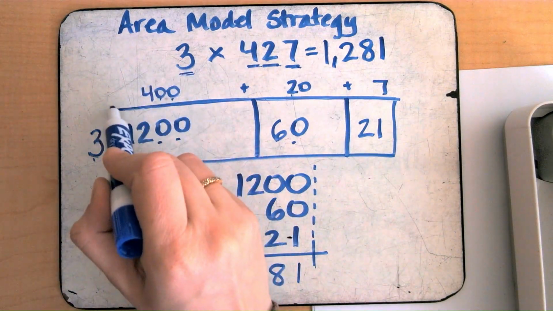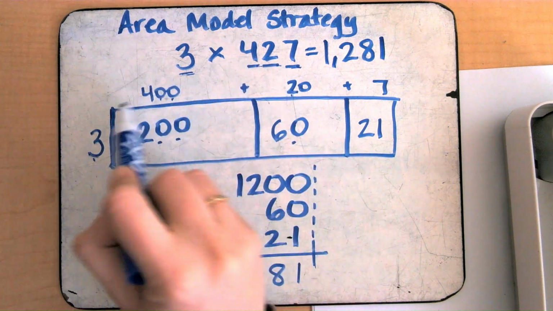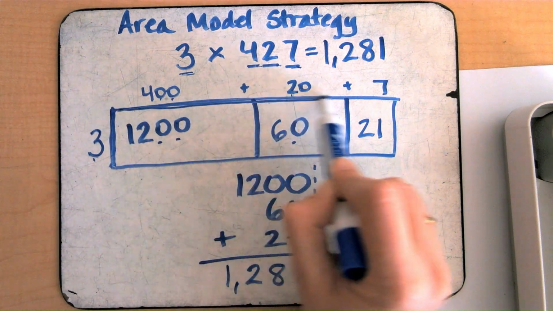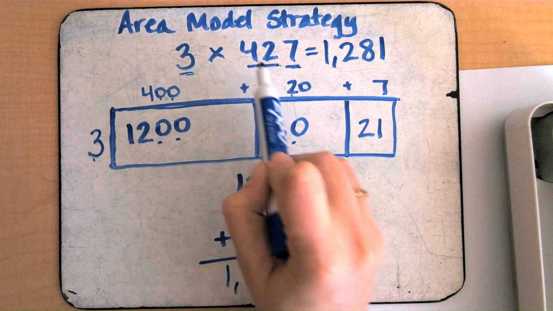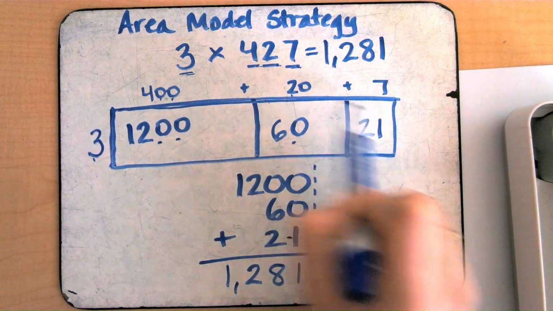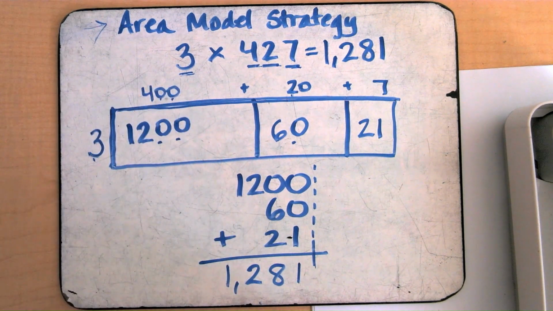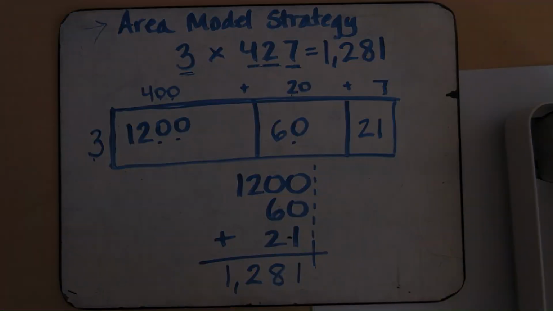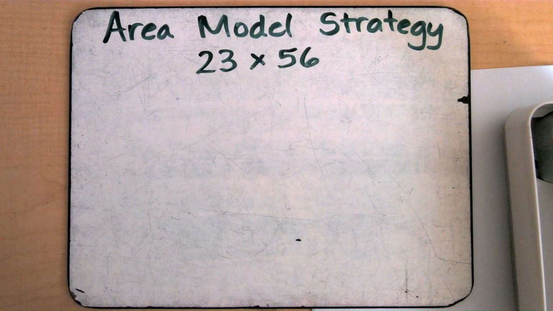One factor goes down this side. The other factor gets broken up into place value across the top. However many digits I have, that's how many boxes I need. This is the area model strategy for multiplication. All right,